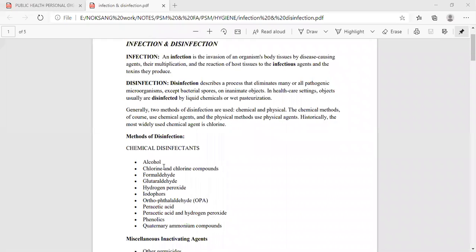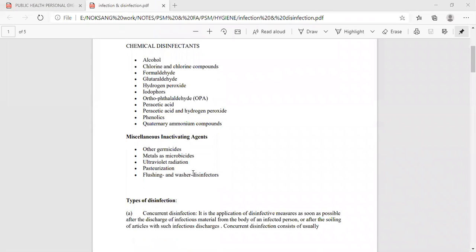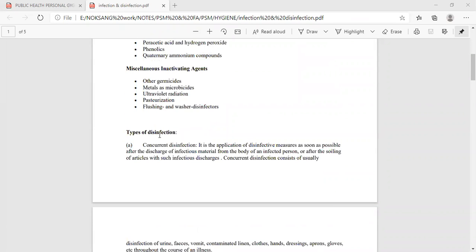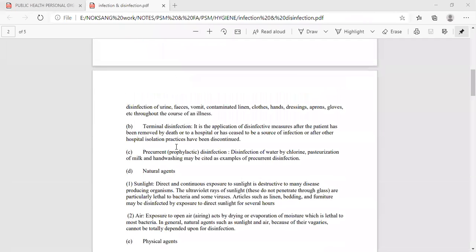Okay, then some of the methods of disinfection chemically. What are the chemical disinfectants? The chemical disinfectants are alcohol. Okay, then chlorine and chlorine compounds, formaldehyde, hydrogen peroxide. So all this comes under your chemical disinfectants. And the types of disinfection, there are almost